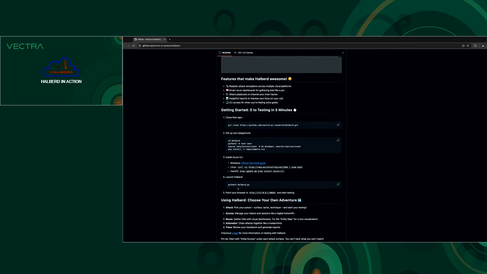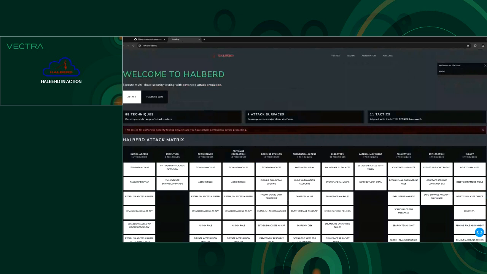Once you do that, it's going to spin up a web application locally on your machine and provide you with this URL, which is localhost at 8050. And to access Halberd from here, all you do is go to this URL and you will access the Halberd web application. So when you first launch Halberd, you will be greeted with this home screen